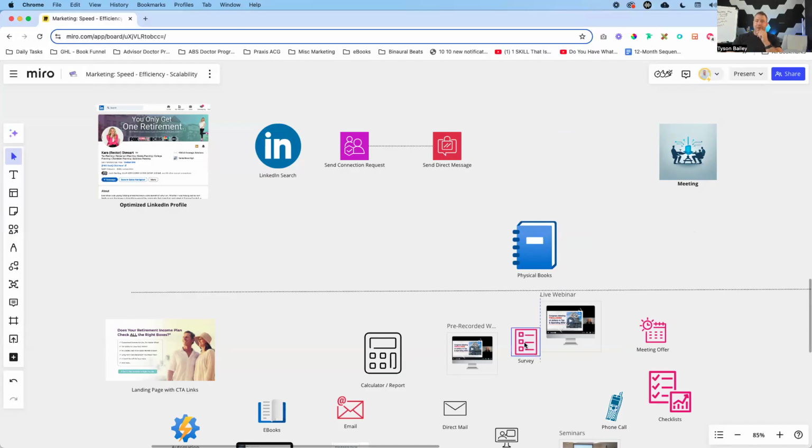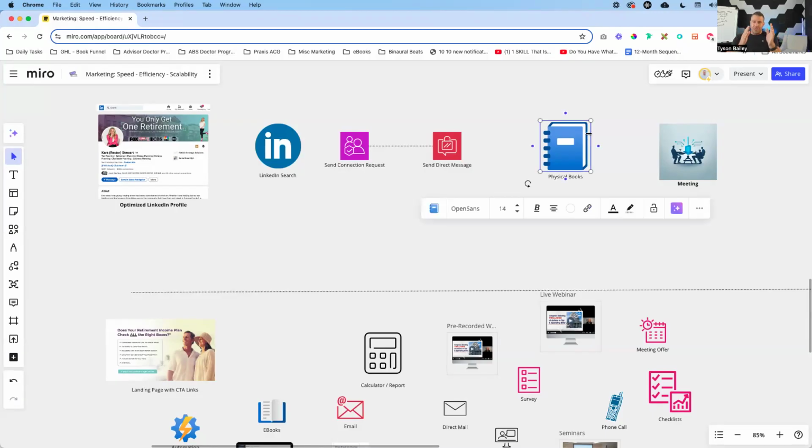Okay. Now, what I've found through years of testing this is that by being able to offer physical books to connections on LinkedIn, this is the highest converting lead magnet or value-based offer that we have ever come across. Now, again, everything you see below, we have tested a number of times. But what we have found is that when you offer something physical to an individual, something that they can see, smell, touch, taste, hold, they immediately equate that at a higher value than something that they would receive digitally, even if the content is the exact same.